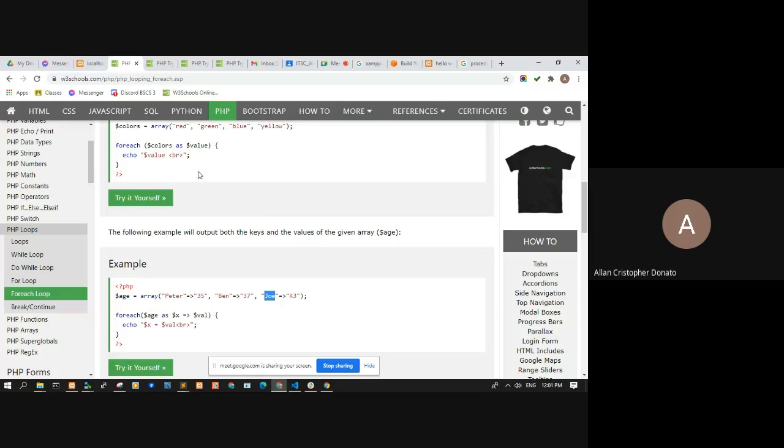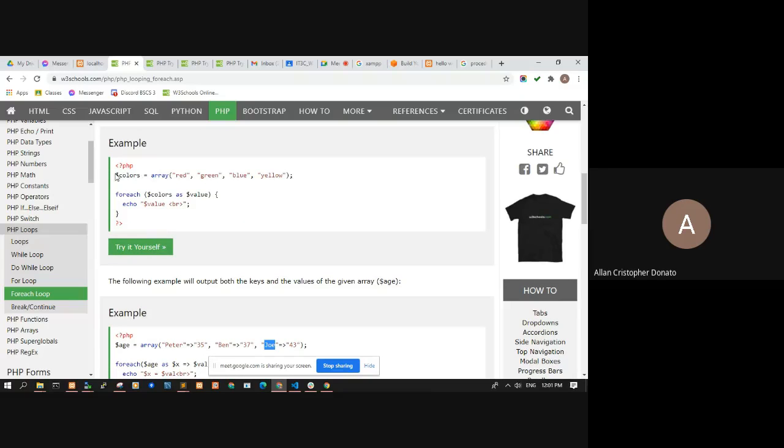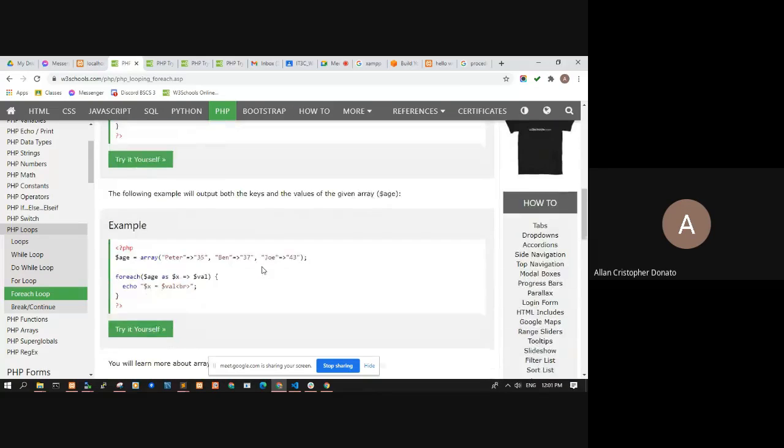So this array, you can still loop through every element of the array using for loop. Okay? You can use for each, you can use for loop for this kind of array. Okay, but if you have an associative array, you cannot use the for loop anymore. You have no choice but to use the for each.